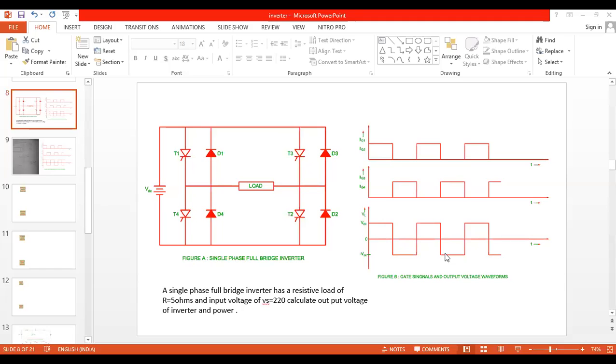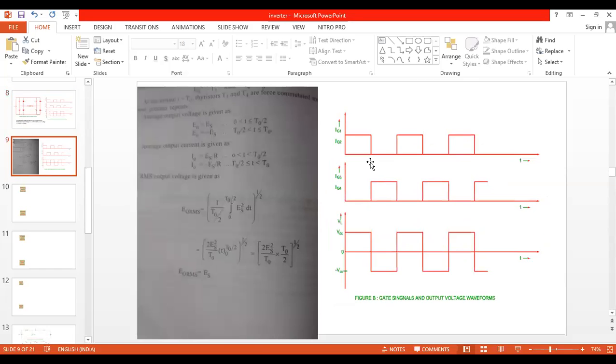That is different. Now, in today's class, we are supposed to derive the expression for the bridge inverter. The bridge inverter output waveform, this last one, is nothing but the output waveform. What is the time period, the time taken to complete one full cycle? A full cycle is a combination of the positive half cycle and the negative half cycle. So 0 to T, and if it is capital T, this one will be T by 2, and here it will be T by 2.